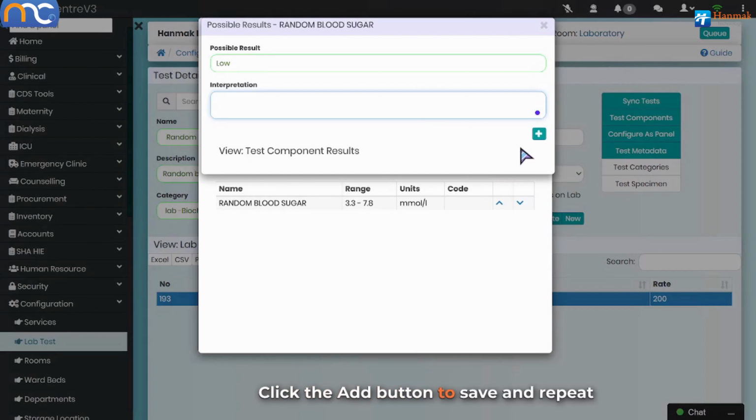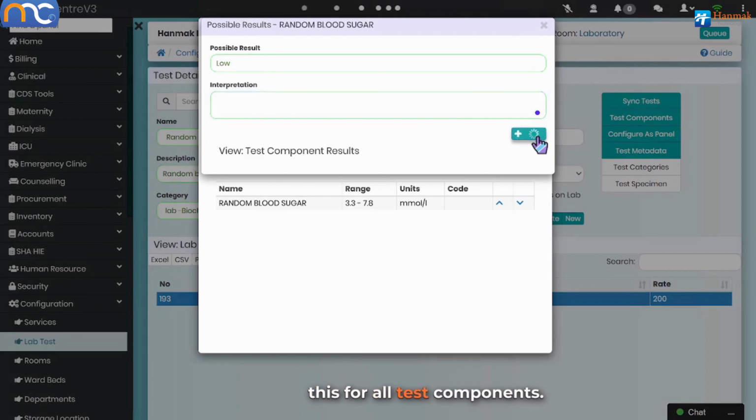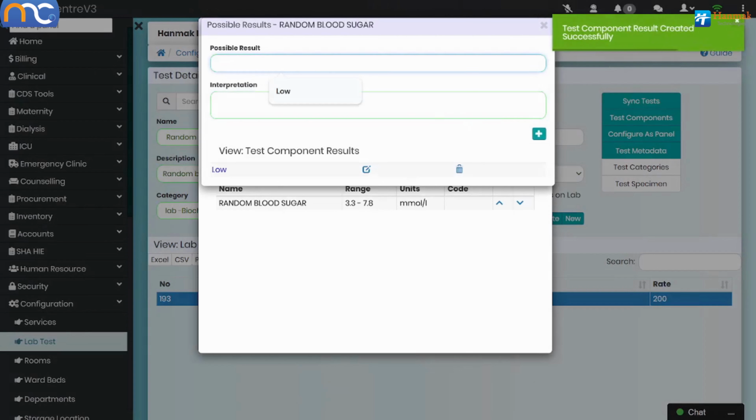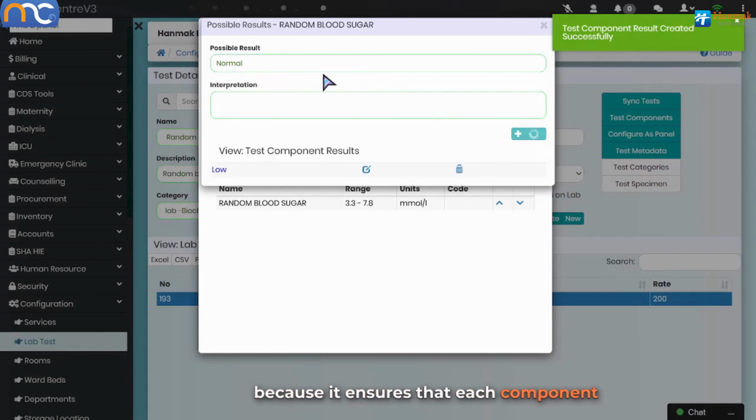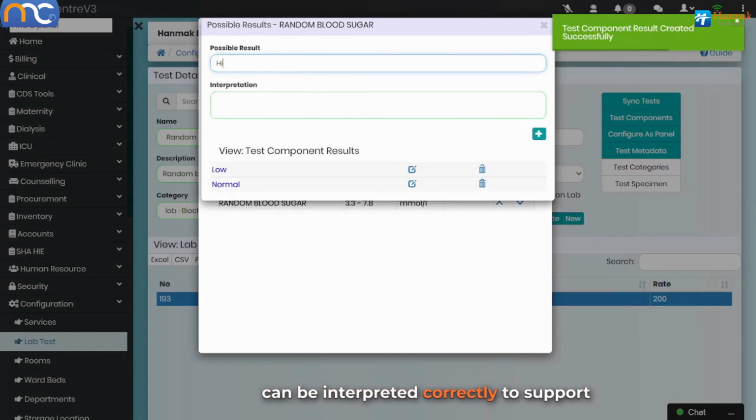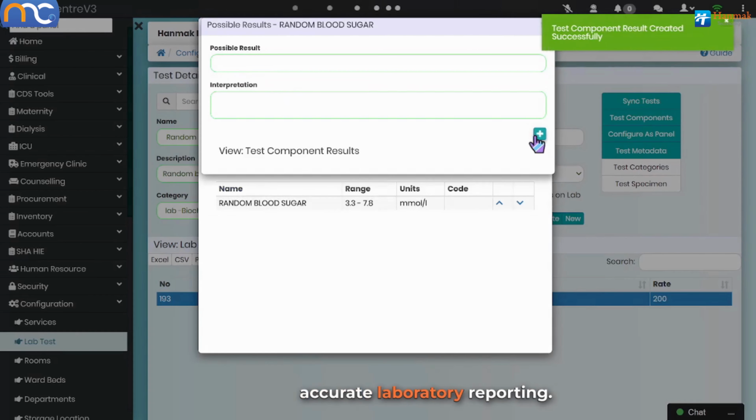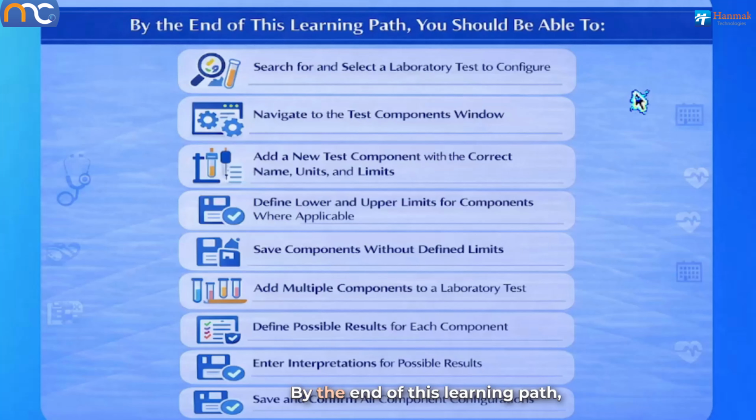Click the Add button to save, and repeat this for all test components. Defining possible results is important because it ensures that each component can be interpreted correctly to support clinical decision-making and maintains accurate laboratory reporting. By the end of this learning path, you should be able to search for and select